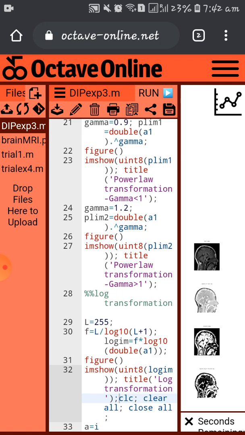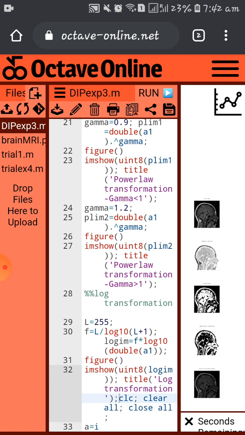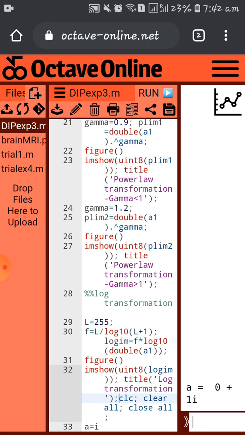So you can see the images are displayed on the right. I'll tell you how to save the image here.